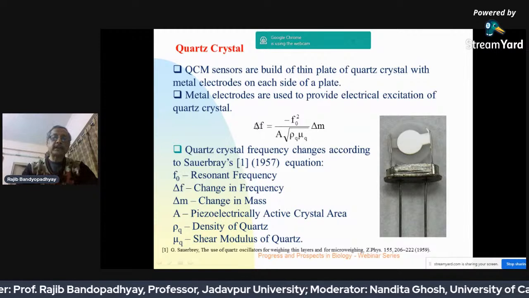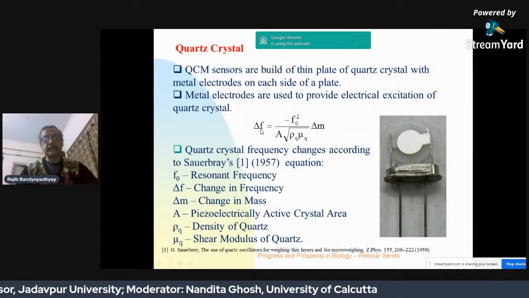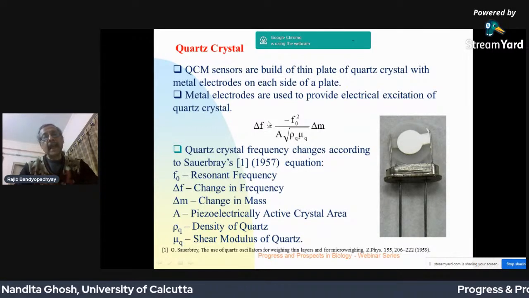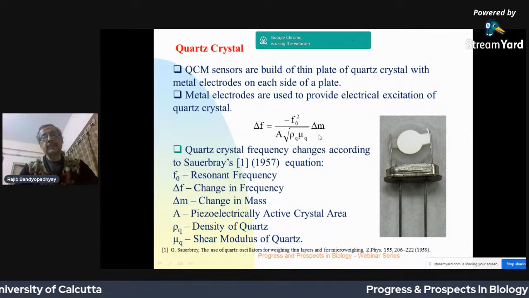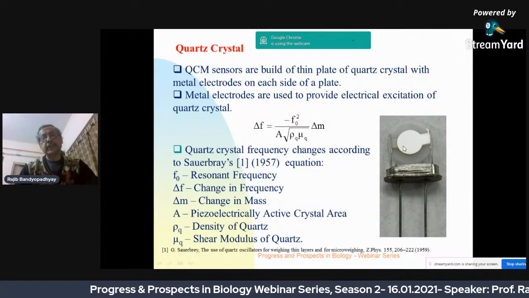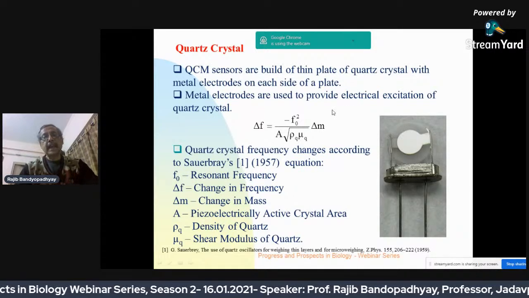Their resonant frequency is fixed, constant when they are sealed. But here we are not sealing the quartz crystal surface; we are coating it with a certain material and then exposing it to the volatiles. And because of this